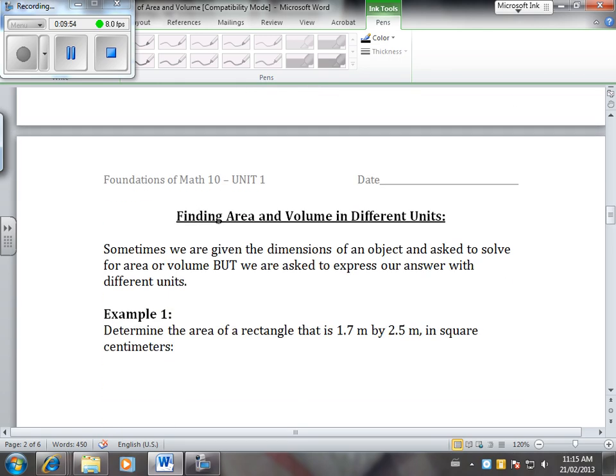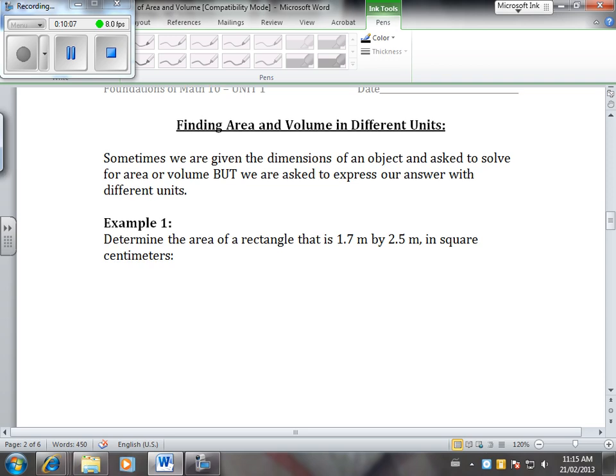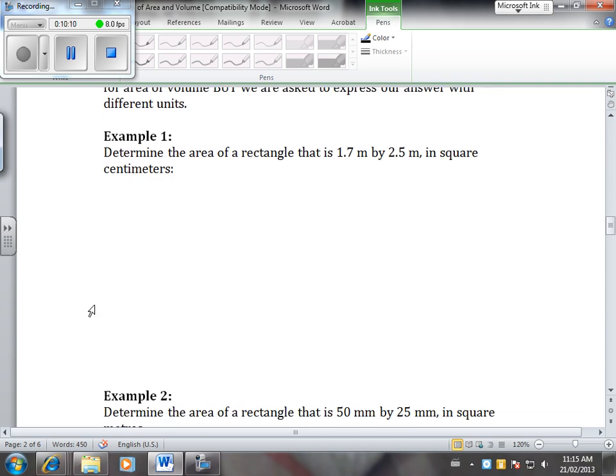Sometimes we'll have to find area and volume in different units. So we might be given feet but asked to express it in inches or something like that. So let's see what we have to do. We're going to have to use our conversions here. So determine the area of a rectangle. Let's draw our shape. This is just a rectangle, so it's not 3D, just nice and simple. That is 1.7 by 2.5 meters. So my width will be 1.7 meters and my length is 2.5 meters. And I'm asked to find the area